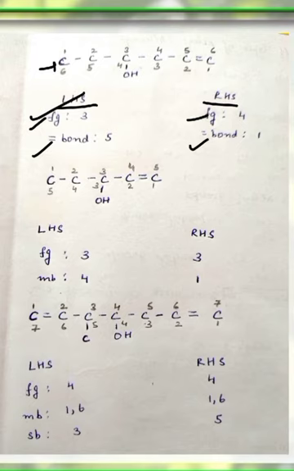In the next example, if I number it from the left hand side, then the functional group gets the third position and the multiple bond gets the fourth position. While if I number it from the right hand side, the functional group gets the third position while the multiple bond gets the first position. As the position of the functional group is the same, we will look at our second priority, that is the multiple bond. So the multiple bond is having the lowest position here, so numbering from the right hand side will be correct.